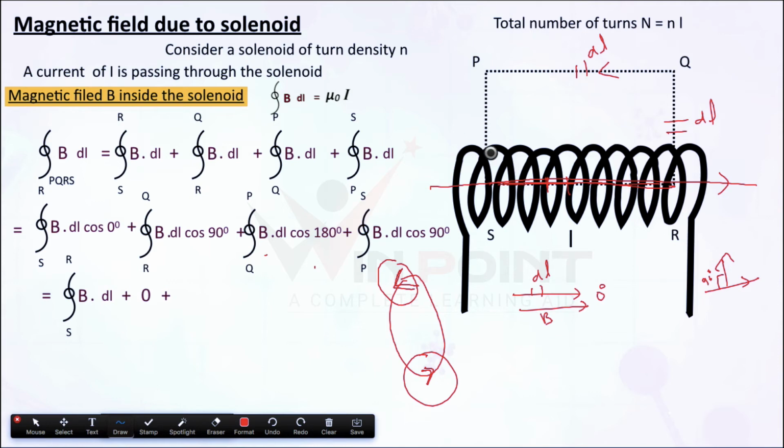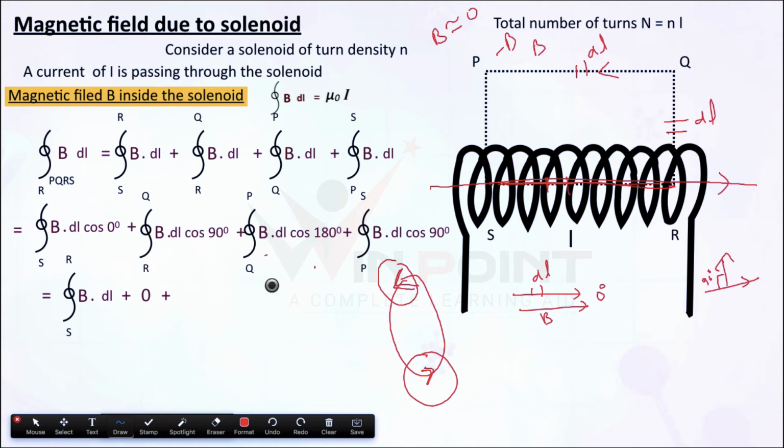So what will be the direction of these two magnetic fields? Will it be the same or opposite? It will be opposite, right? So because of this upper part of the circle, there will be a magnetic field here, B, and because of the lower part, there will also be a magnetic field, minus B. These two magnetic fields are not exactly equal because there is a small distance variation, but still we are considering B approximately equal to 0. Outside the solenoid, the magnetic field is approximately 0.